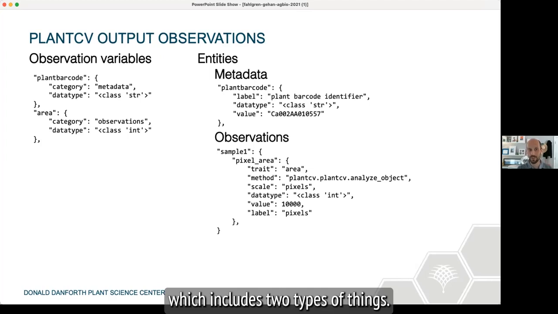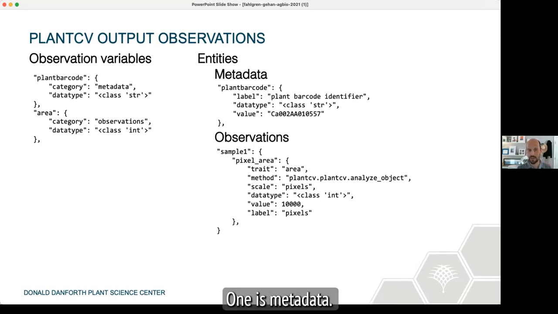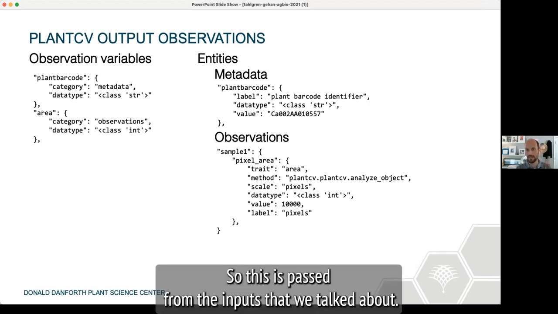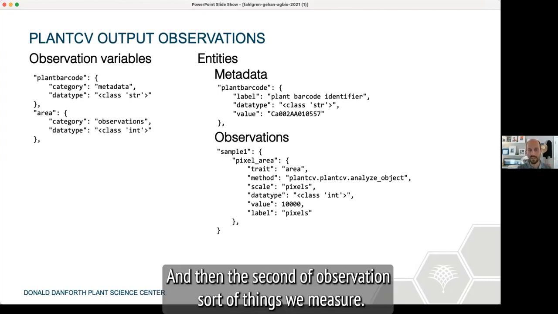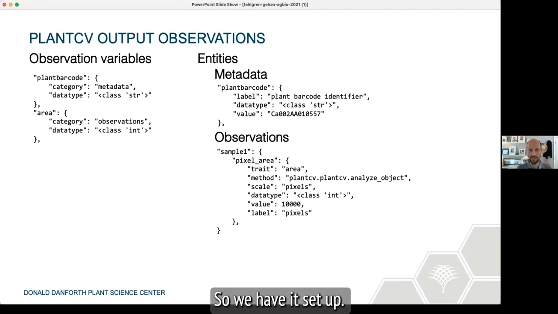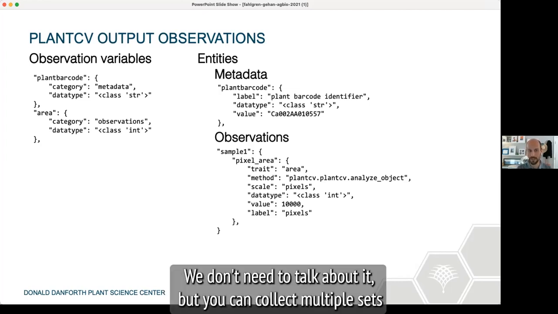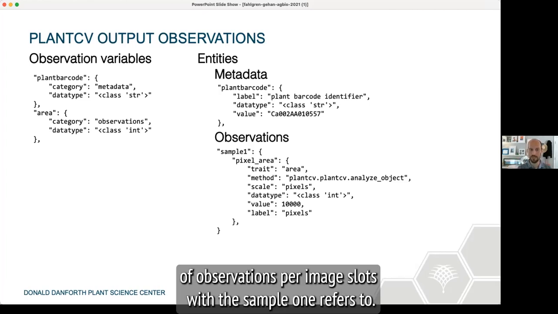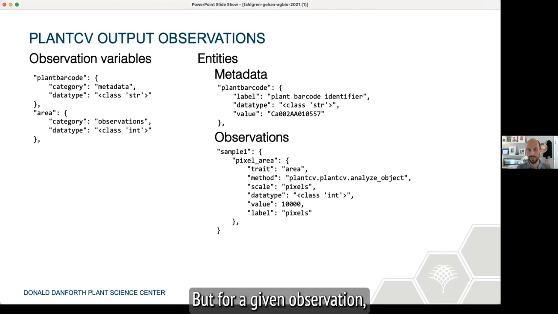we can collect two types of things. One is metadata, which is passed from the inputs that we talked about. The second is observations, the things we measure. We don't need to talk about it, but you can collect multiple sets of observations per image. So that's what this sample one refers to. But for a given observation,